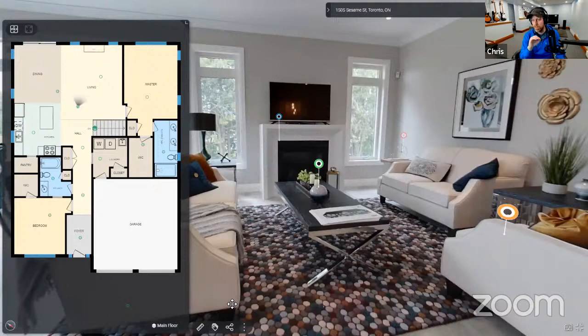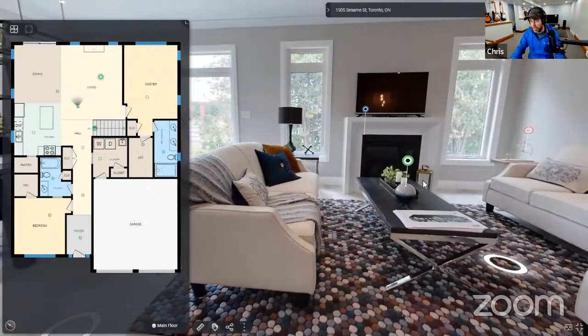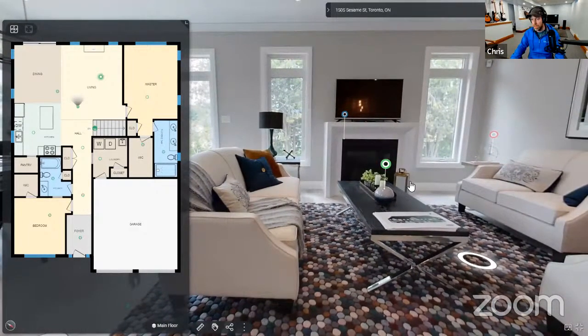And that's amazing from the perspective of a real estate marketer, because a lot of the questions that your potential buyers are going to have about a property are about measurement. How big are the windows? Will my bed fit in the bedroom? Will my grand piano fit in the living room? Or any other question that might relate to where things might be placed in a home. Or if you want to get really fancy and you're considering renovations, you can calculate the costs: how much paint do I need for a wall, or how much flooring do I need for the kitchen, something a little more advanced than just furniture placement.